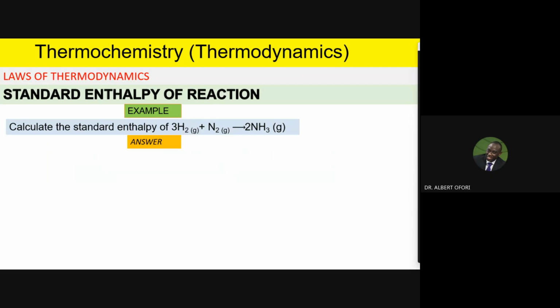Okay, so for example, I want to calculate the standard enthalpy of this reaction. If I want to calculate this, I should know the enthalpy of formation for hydrogen gas, the enthalpy of formation for nitrogen gas, and the enthalpy of formation for ammonia gas. So that now the enthalpy change for the